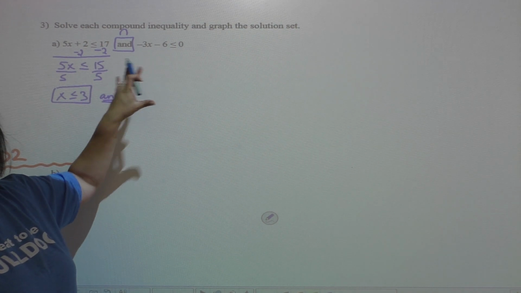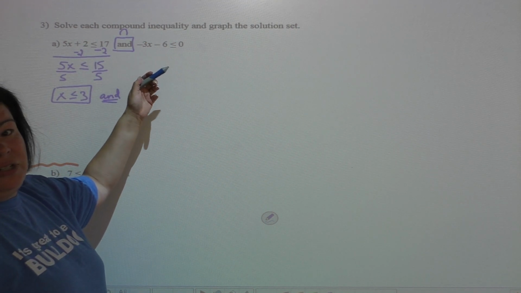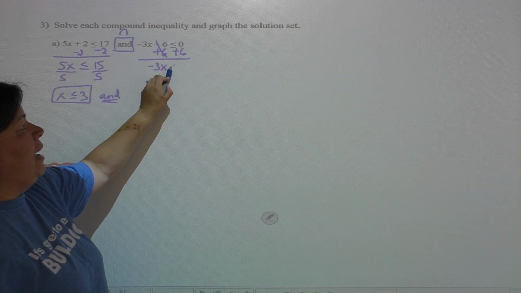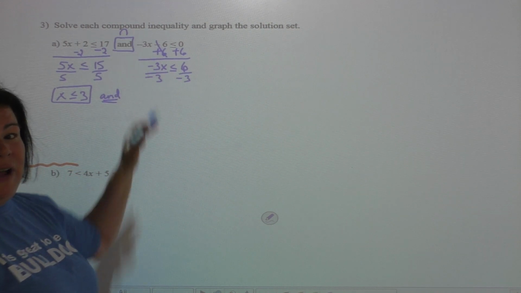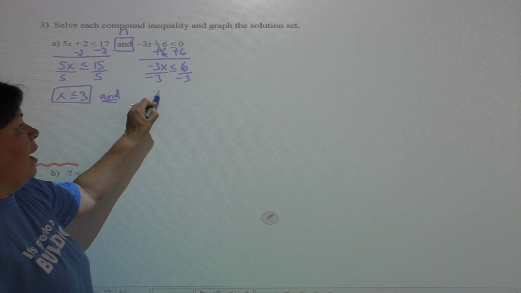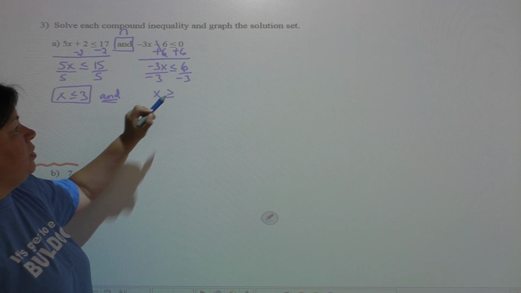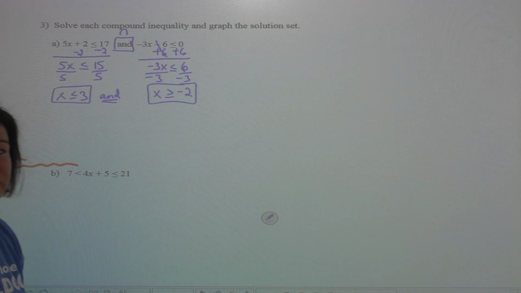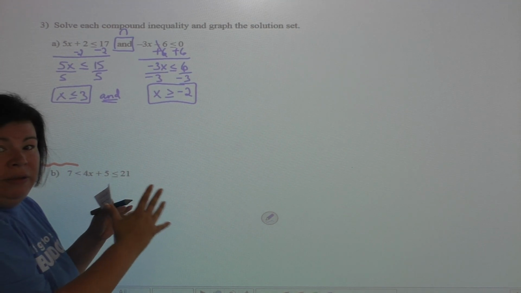how does that overlap with this graph? Well, we have to solve for x here first to find out the solution set. So we have to add 6 to both sides. And we're going to solve this the normal way. We're going to divide. But be careful. As soon as you see that we're dividing by a negative, you should automatically think, warning, warning, warning. When dividing or multiplying by a negative, the inequality sign flips and becomes greater than or equal to -2. So we want the solution set of this compound inequality where this graph and this solution overlap,